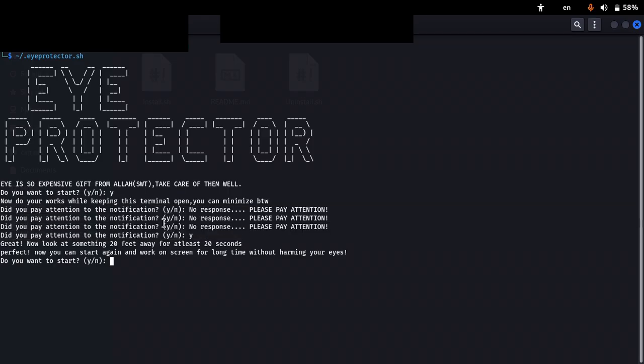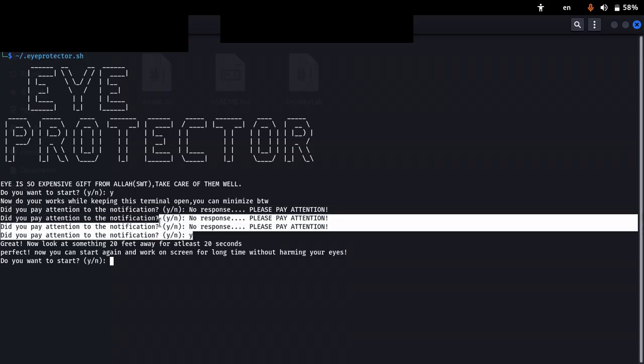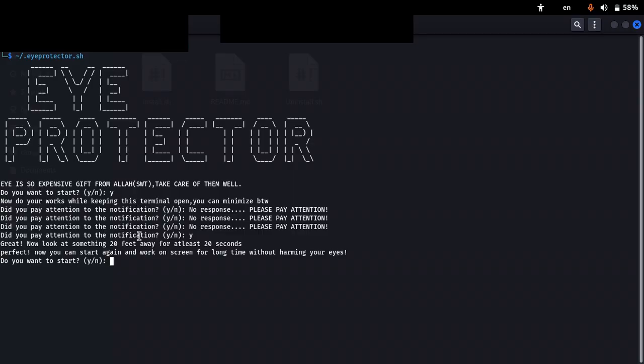the terminal every minute. I reduced these times to show you how it works, but for you it will simply send you a notification after 20 minutes, and then it will tell you to look at something 20 feet away for at least 20 seconds. And if you keep looking at something 20 feet away for 20 seconds, after 20 seconds it will again tell you that 20 seconds are done, and now you can start again working on screen for a long time without